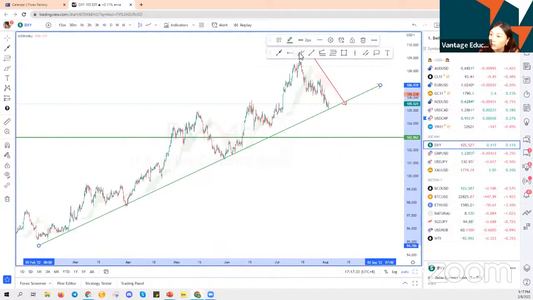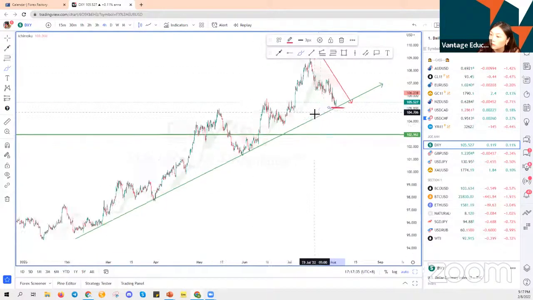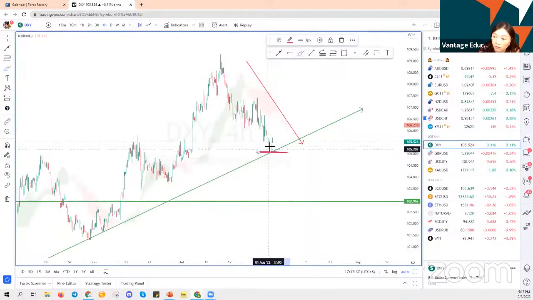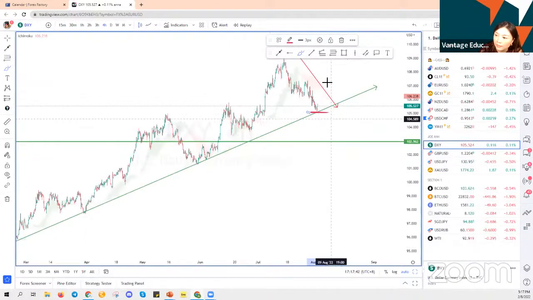So this is the point where I'll be taking note. Does it break the momentum and goes bearish, or will it continue to bounce off and go in a bullish direction? So after the 4 hour,